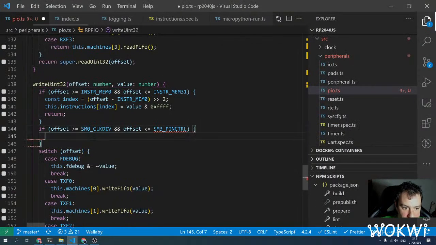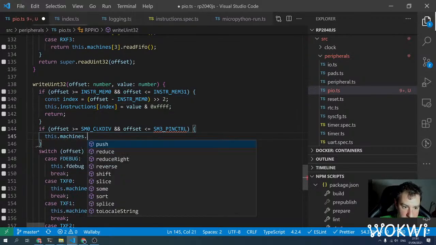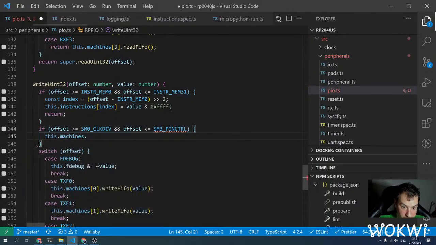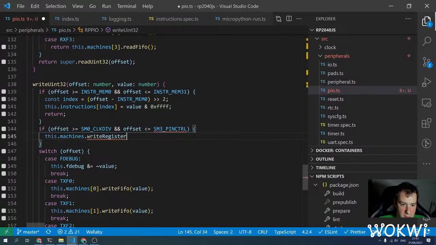I think we'll need to define this one. Then this dot machines dot write register, or maybe write uint32, and then we need to